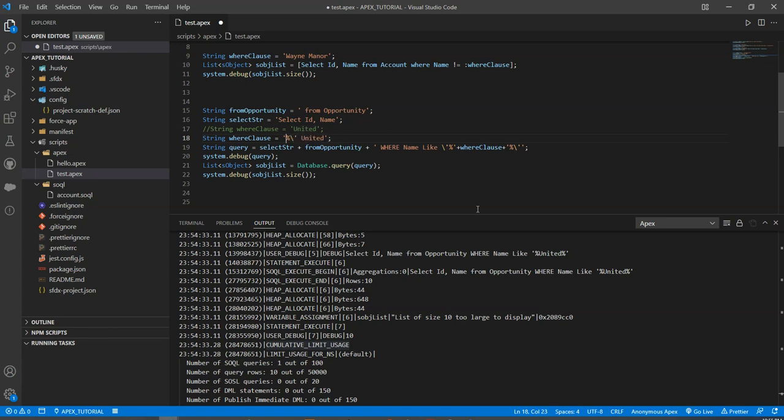So this is going to close out the like, and then I can now add whatever I want into this where clause. So I can say and amount greater than 500,000 and name like